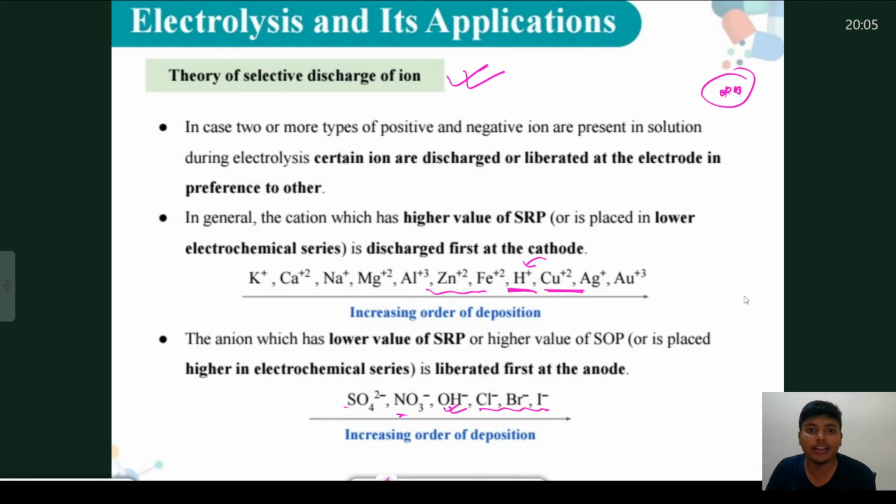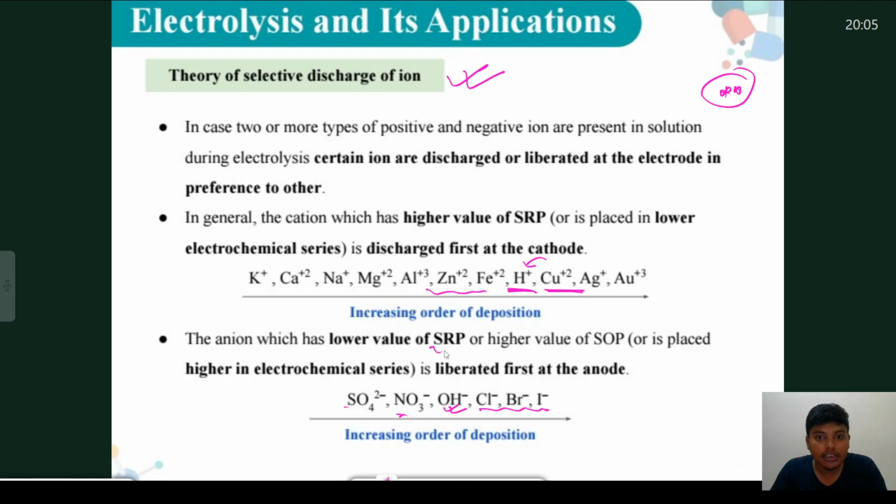If you want to write the order, otherwise simply you can go with the electrochemical series. Understood, everyone? This is very important: how ions deposit selectively. A question will come in your board exam that a salt solution is given. State what is deposited at anode and what at cathode, and why. E naught value is given. You have to write properly that it has lower